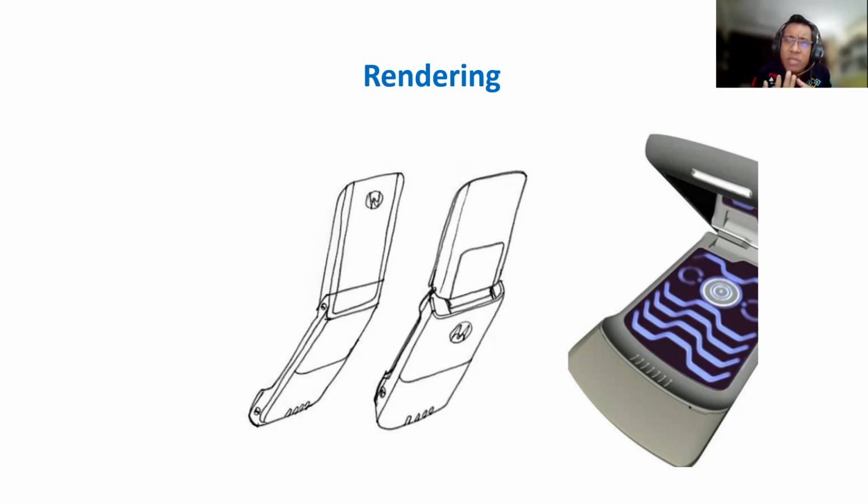Rendering from this Motorola project is shown in these figures. You can see they have a phone at the final refinement step before selecting a concept to create the hard model. These models are still technically non-functional, but they closely replicate the final design with a very realistic look and feel. So you can see it is like an actual product in this rendering process.